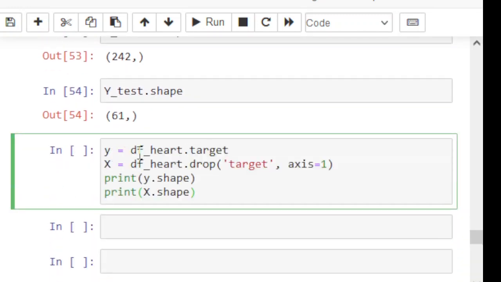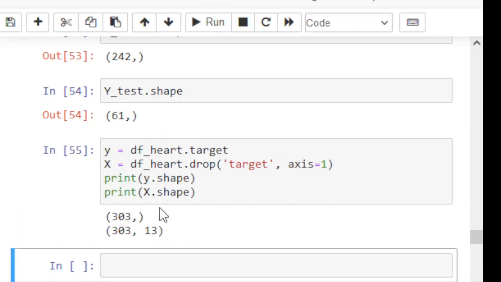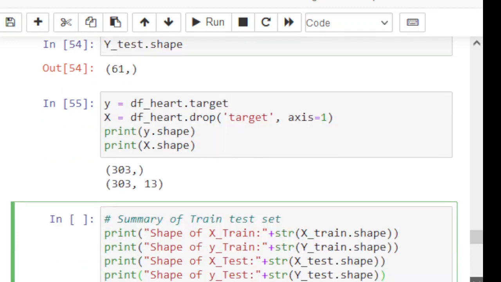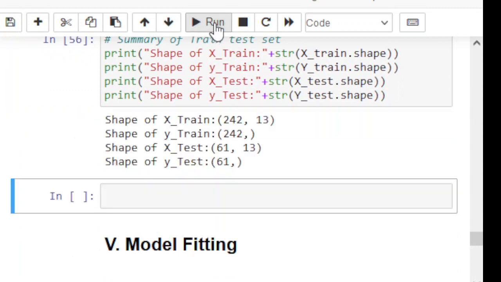Okay, now let me summarize this. Y actually contains the target and X contains everything other than the target. If I simply print this, 303 records are inside the Y, and 303 with 13 are inside the X, which basically contains the training data. So this is the summary of the train test set. If I run this,